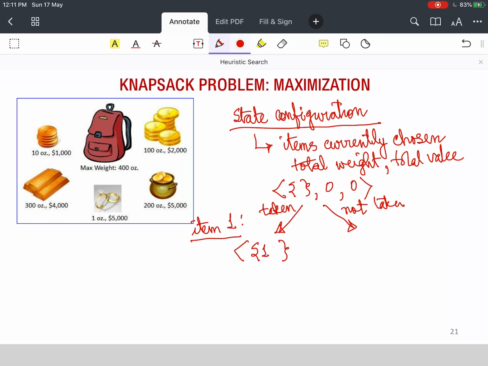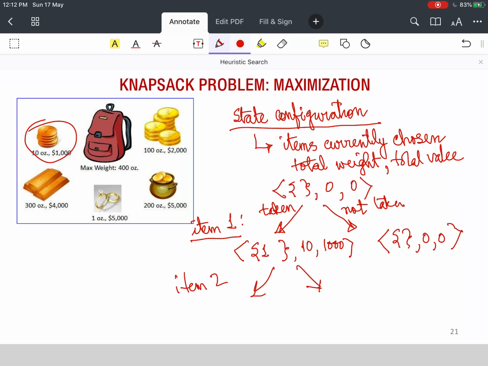So if it is item 1, then the next state would be 1 is taken, and the remaining items are 2, 3, 4 and 5, and suppose this is item 1, then its weight will become 10 and its value will become 1000. Whereas if item 1 is not taken, then the state continues to remain like this. Again, we look at item 2 and we can generate by taken, not taken, and this is how we will generate the state transformation rules.